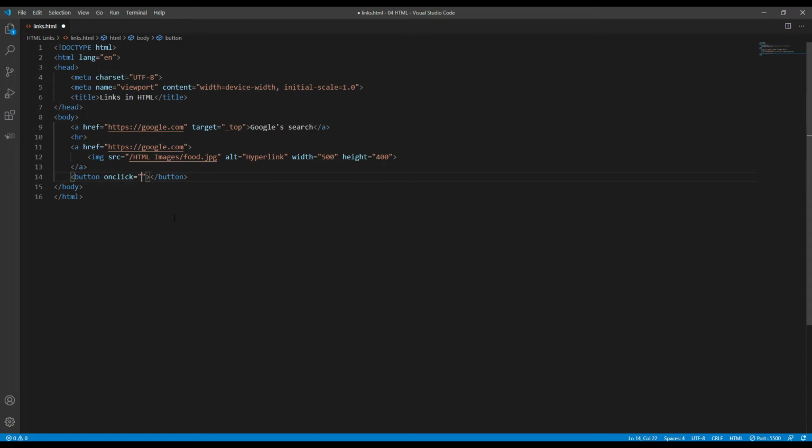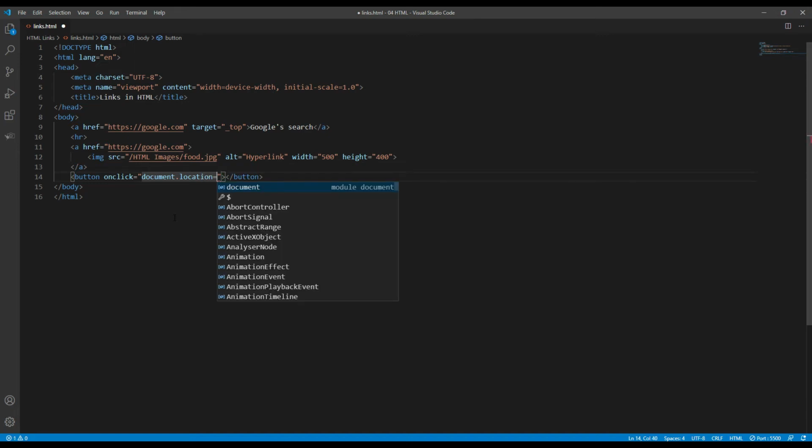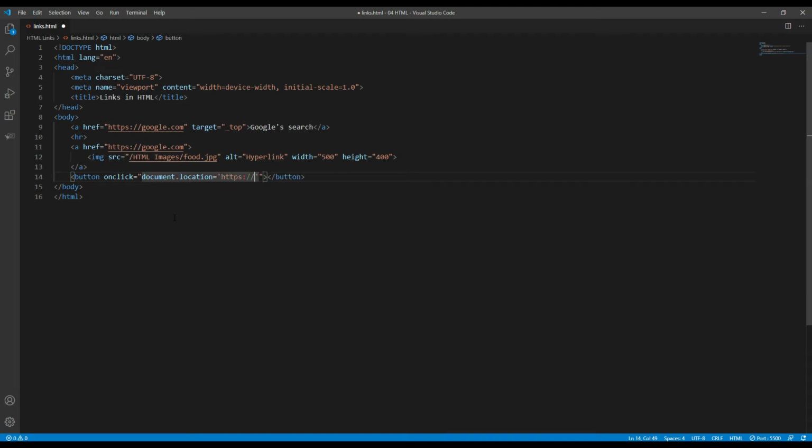We can specify this by putting the URL to the location by simply typing document.location. We specify this by putting the URL of the document here. So we now say HTTP,